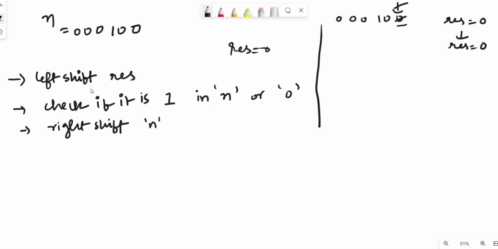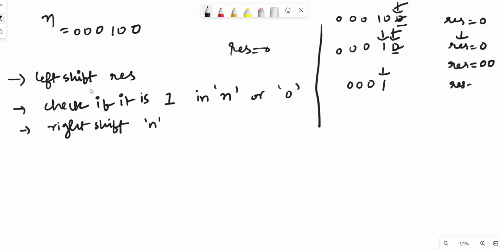So this 0 will be gone. Now I'll be pointing to 0 0 0 1 0 at this position. So I'll repeat the same process. Firstly left shift, you'll get 0 0, and I'll check if this is 0 or not. Yes, it is 0, so I do not perform any operation and move to the third directly. So I'm going to right shift, I'll be at this position. So now it is going to be 0 0 0 1,